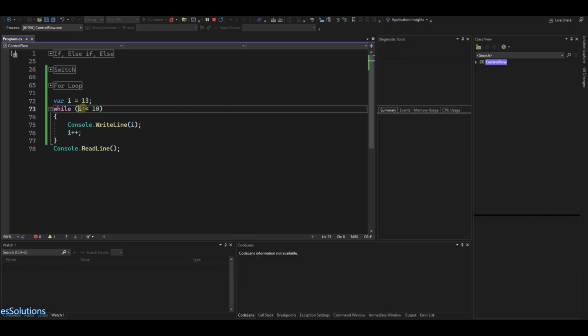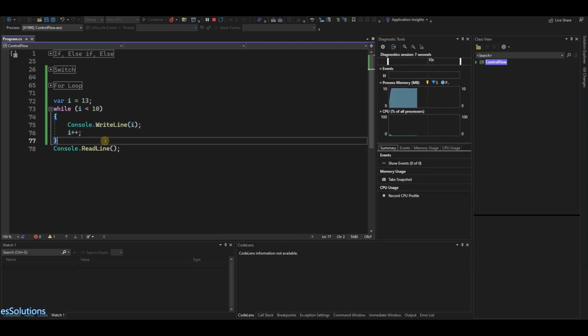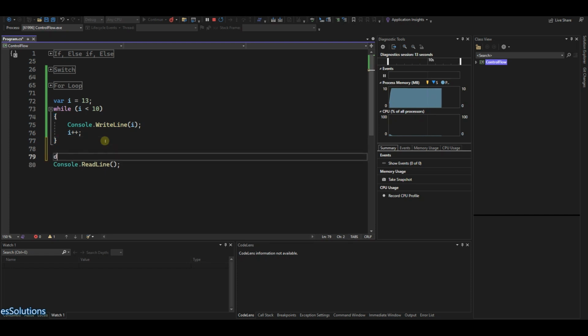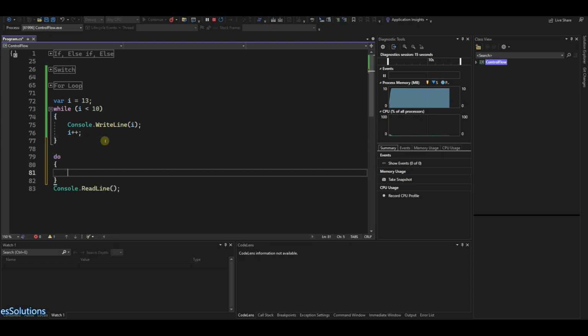When it checks, 13 is already more than 10, so it doesn't go into this loop. And that is the difference between the while loop and the do while. So if I show us, the do while is basically you are doing this while i is less than 10, for example. So if I put in the same thing, console write line,